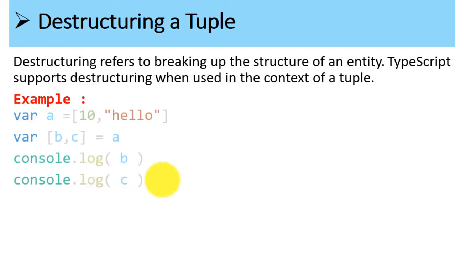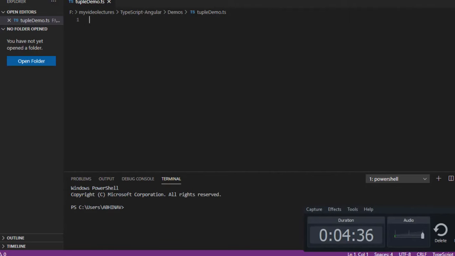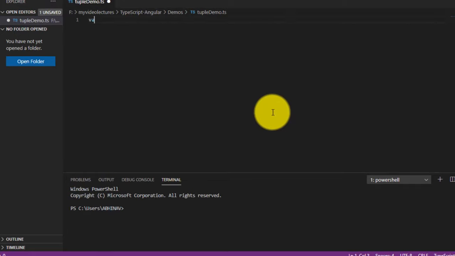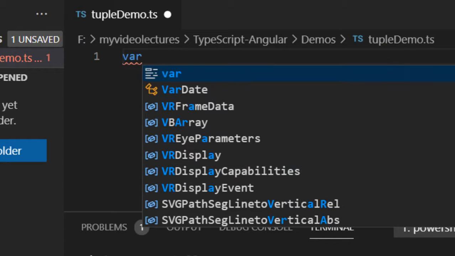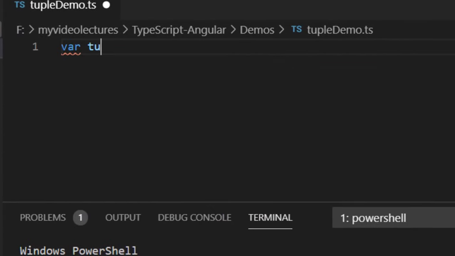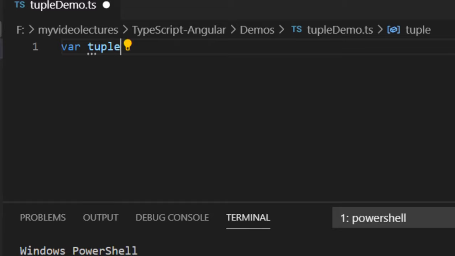So let's check the demo on the tuple. For example, a variable tuple, and here I go with 10, this is value 1, this is value 2, this is value 3.